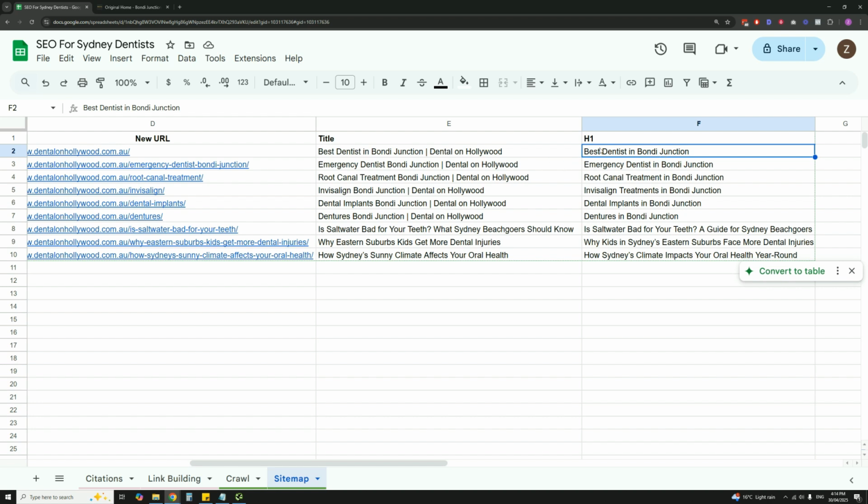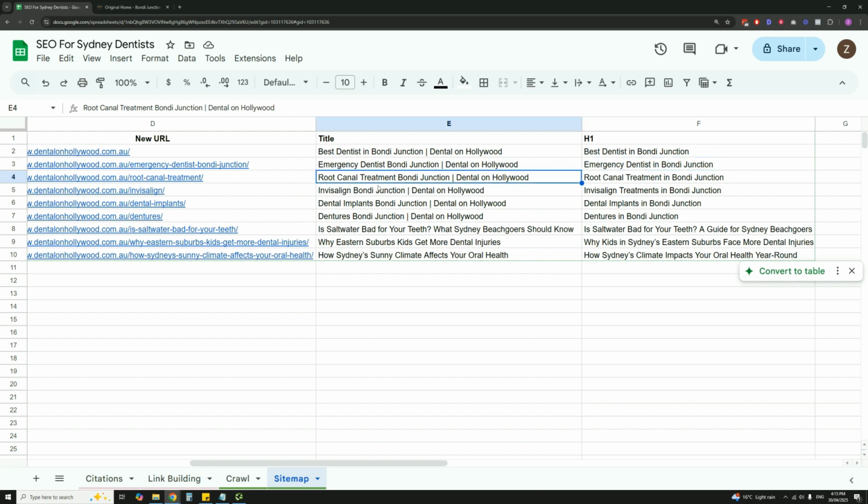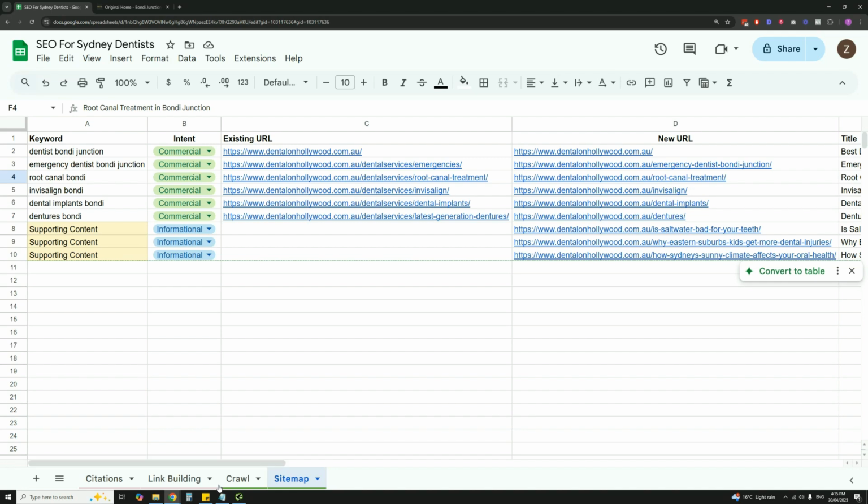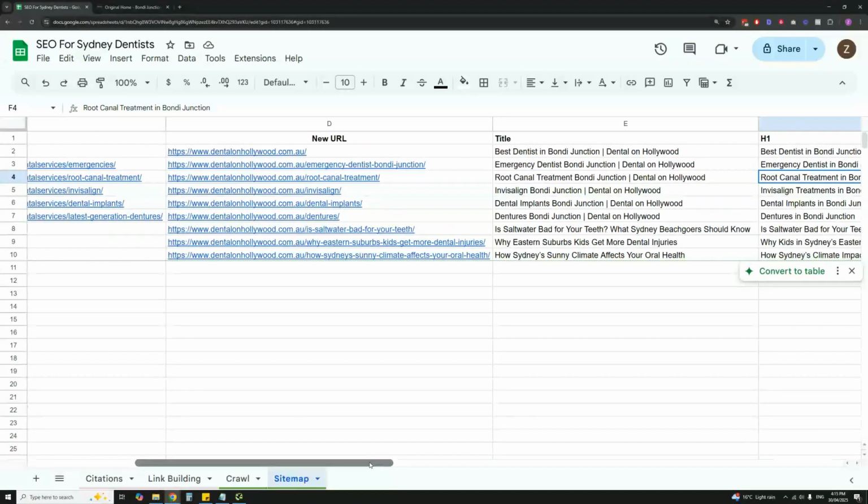And you'll see this theme has been repeated across all of the pages. So Emergency Dentist, Bondi Junction, brand name, H1 tag is Emergency Dentist in Bondi Junction. Same thing here, root canal treatment, Bondi Junction, root canal treatment in Bondi Junction. So I won't go through all of them, but basically this is something you'd want to repeat across all of your commercial intent keywords. Now, when it comes to informational intent,